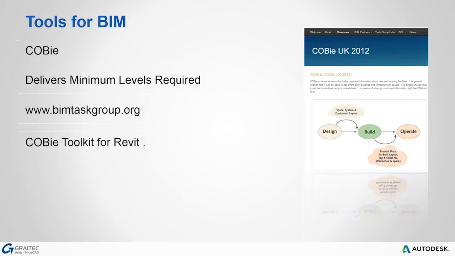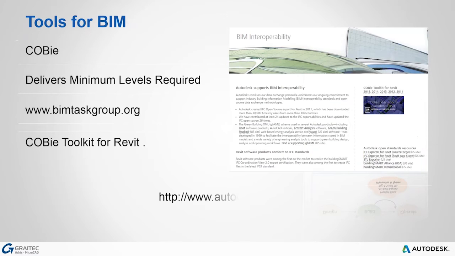Currently it's available up to version 2015. I'm sure 2016 will be coming in very shortly. And this is a plug-in tool, so you've got to have full Revit. If you've got Revit LT, or if you're getting Revit LT, the LTs do not allow add-on programs, unfortunately. So you do need to make sure that you've got a full version of Revit so that you can get the COBie toolkit, and that's going to allow you to extract information out